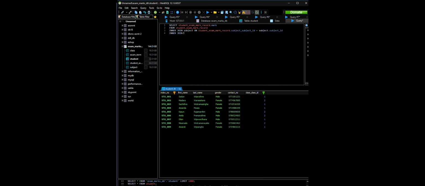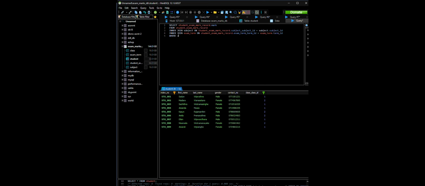So exam underscore term on student exam mark record dot exam term underscore term id. That is going to be linked to our table exam term dot and the column term id,